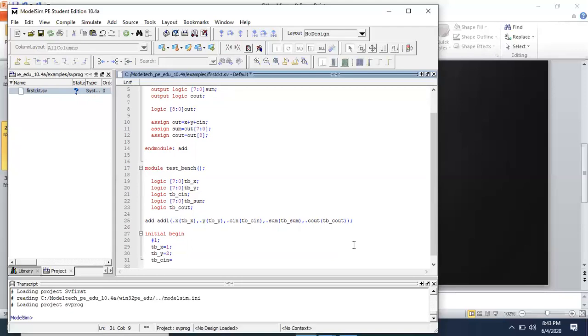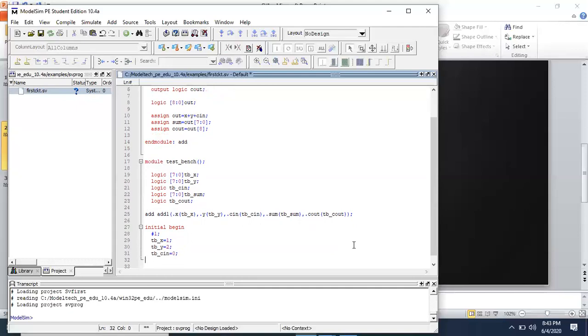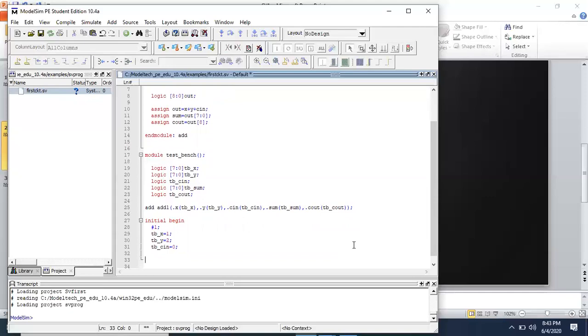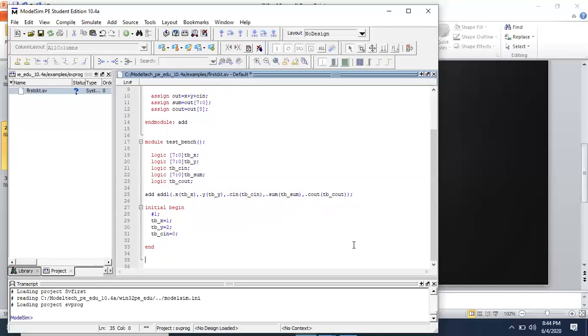Only inputs you have to mention. The cin I'm taking here is 1, or you can take it as 0 also. So if you take it 0, tb underscore cin is 0, and then end, and this will end your block.